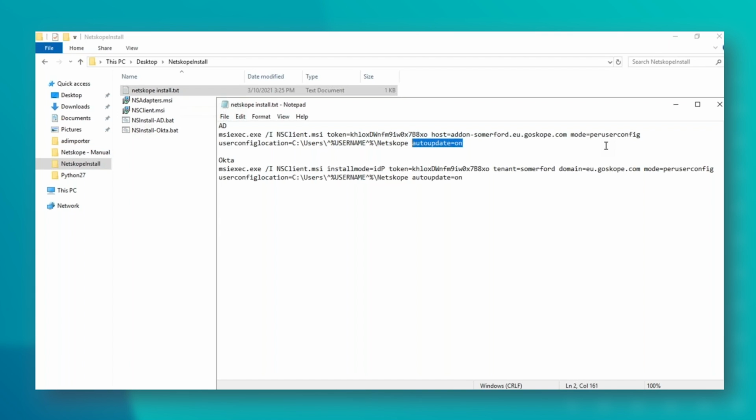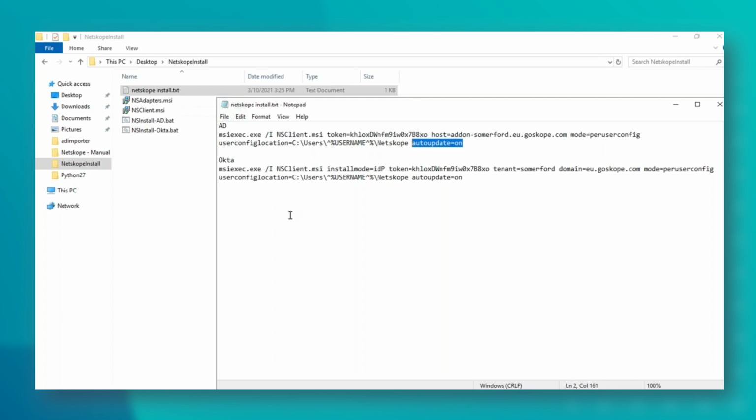But the per user config mode is important because what it's going to do if I enable this is it's going to pick up the user details from how they're authenticated on the machine. So we have behind the scenes on an AD account, we have a first name, surname, we have an email address, and we also have a UPN. So think of their name@domain.com as their username really, and it's also their email address. So as long as we have that information, it will read on a Windows machine when the user's logged in who they are and will match them up to a user inside of the tenant.